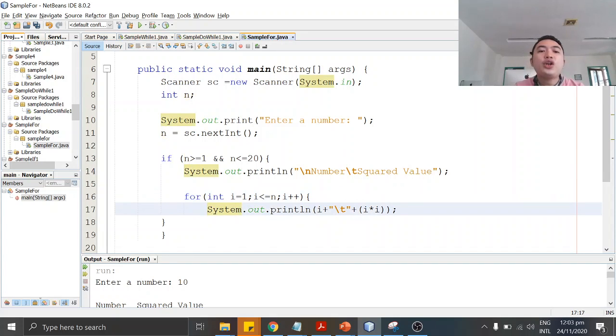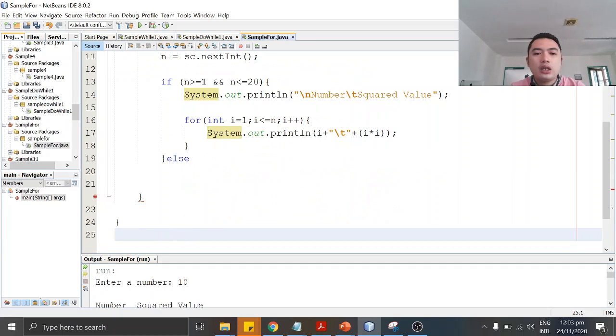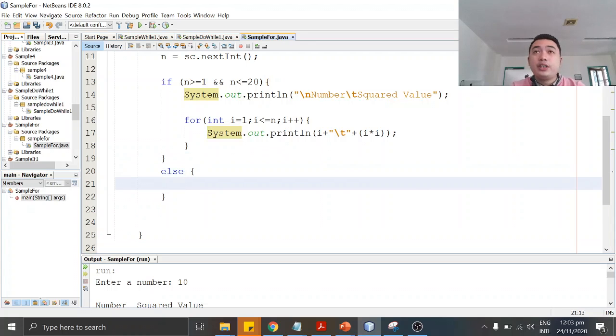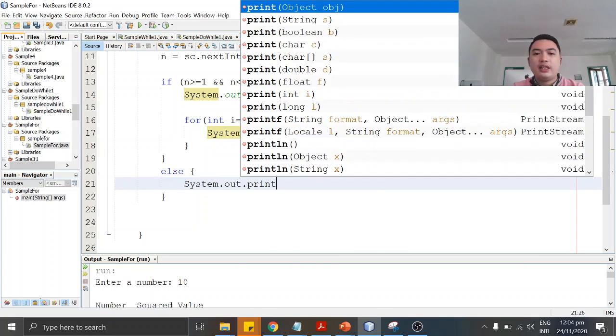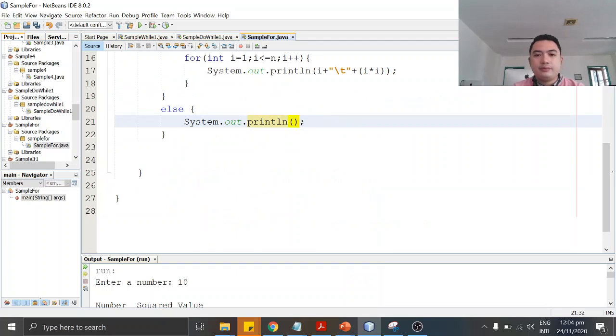So there is a for loop inside the if, and then our else clause here will be for the invalid input. So System.out.println invalid input.